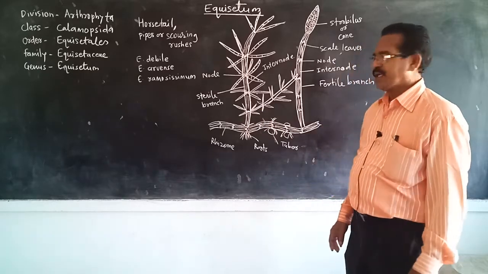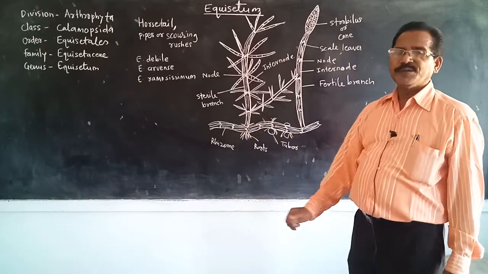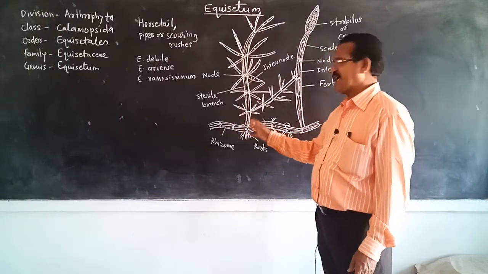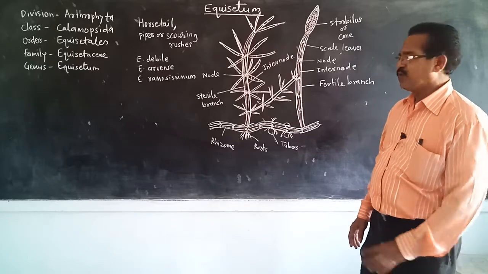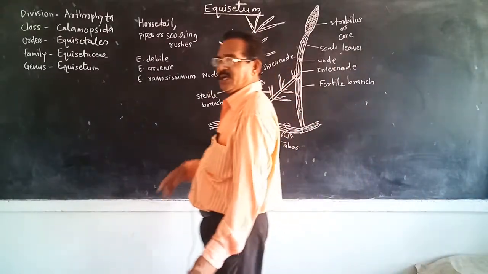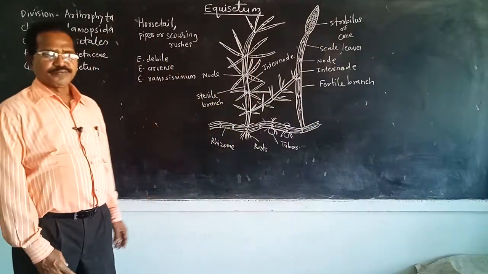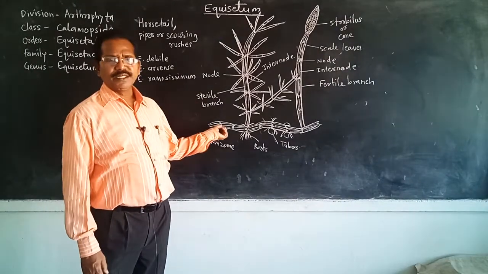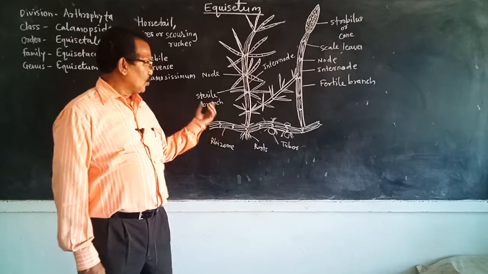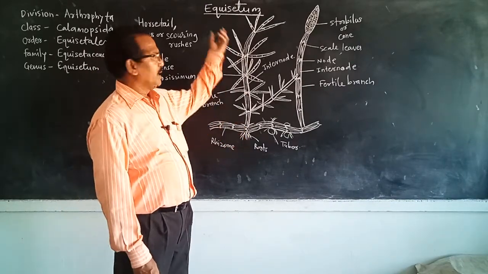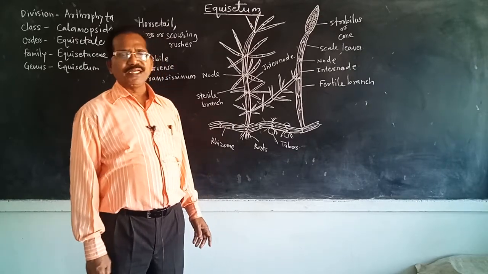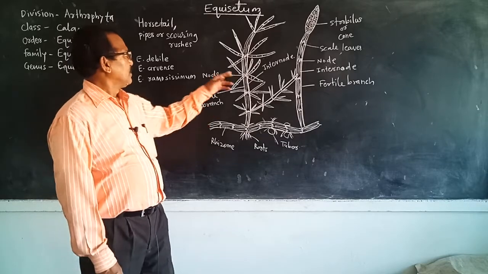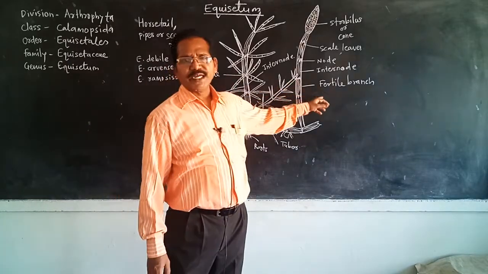It is a branched stem and it grows up to 1 meter in depth, and it has a number of nodes and internodes. From the nodal region arise, in whorls, the scaly leaves, which are laterally attached and protect the growing point in the nodal region. From the nodal region also arise the aerial branches, that is the aerial shoot. The aerial shoot is of two types, sterile branches and fertile branches.